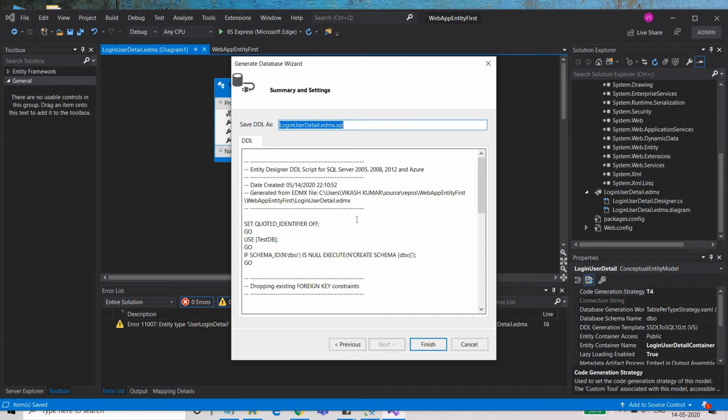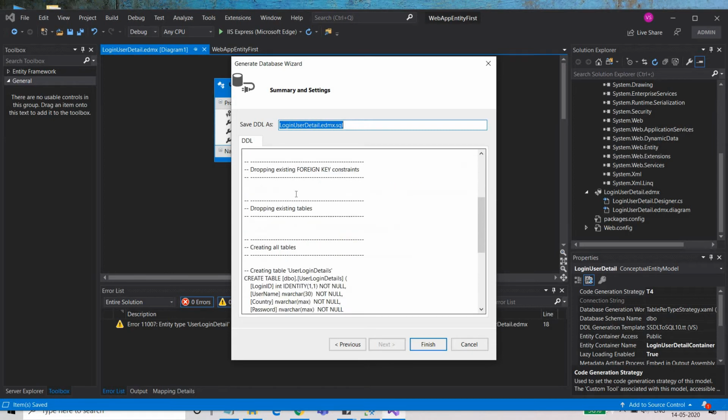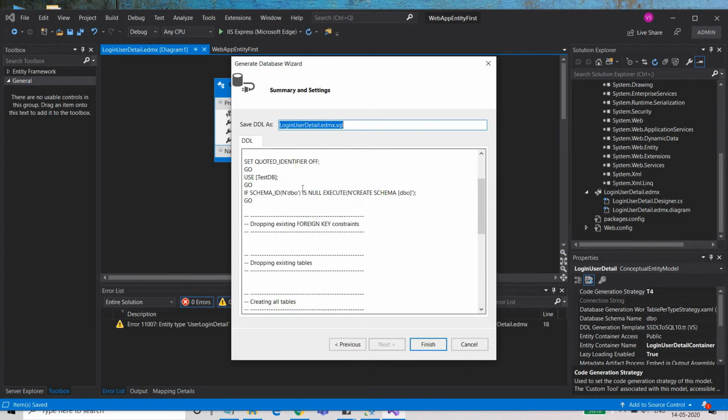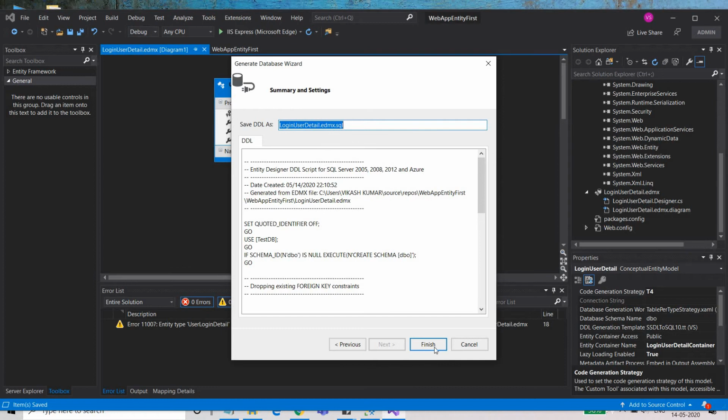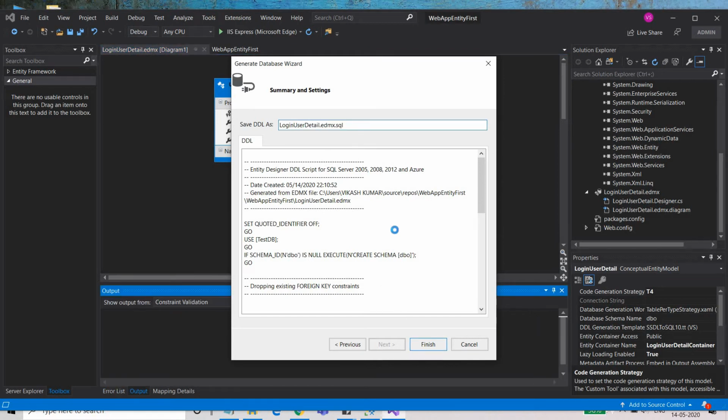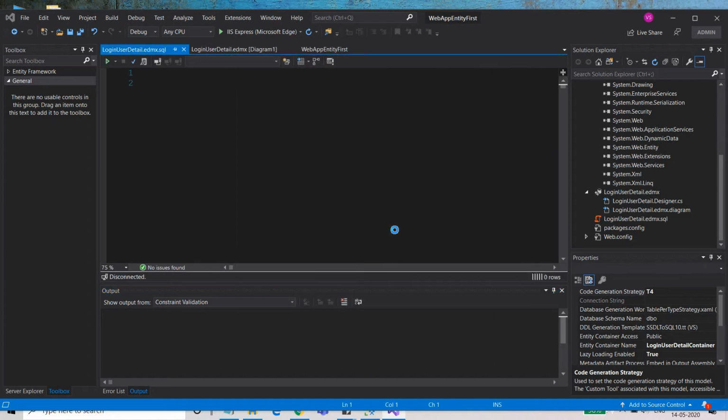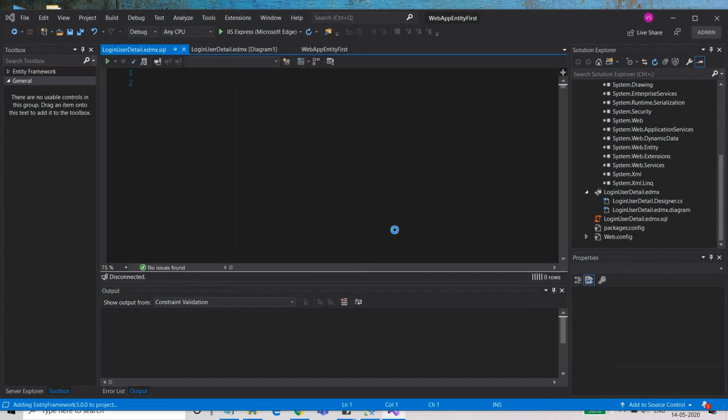And when you use any query to update the database, to fetch the database columns, to update any record, to delete any record, then that particular query is known as a data manipulation language query, right? So this is that query which has been generated now. Okay, so you don't have to worry much about it now. You just need to click finish. As soon as you click finish, you will be able to see the SQL script which you need to execute to create a database table in the database.